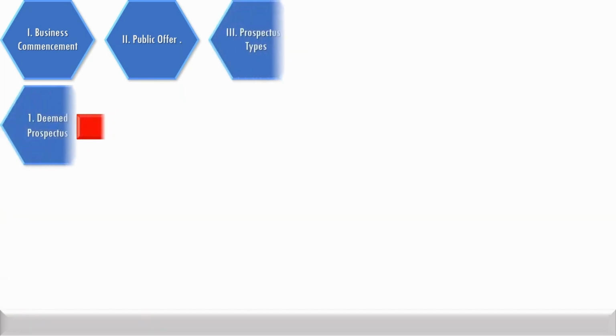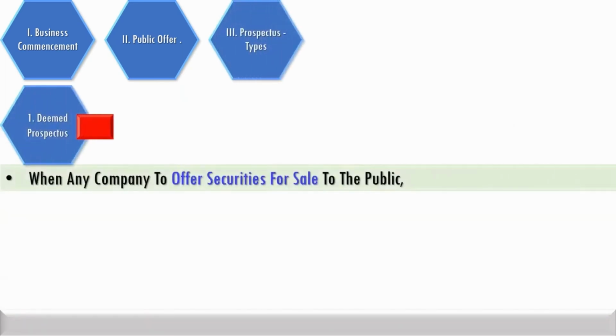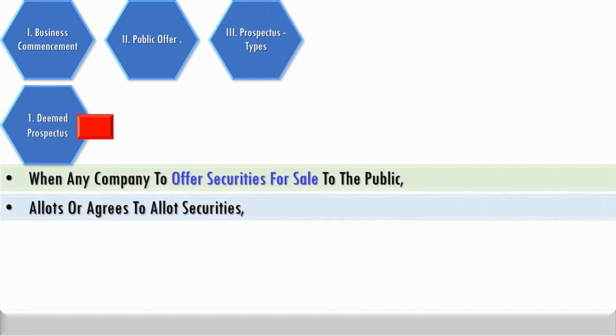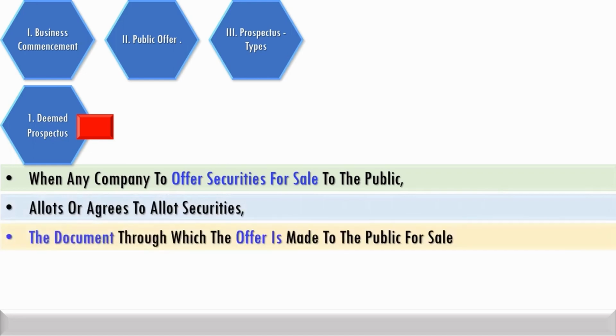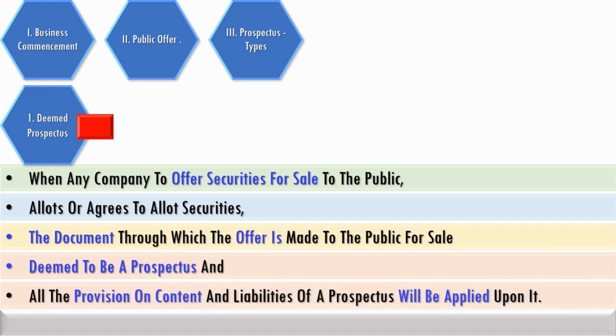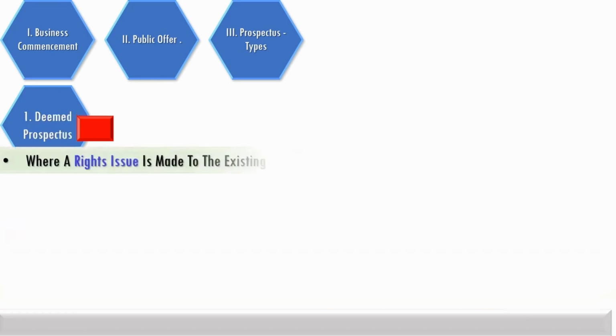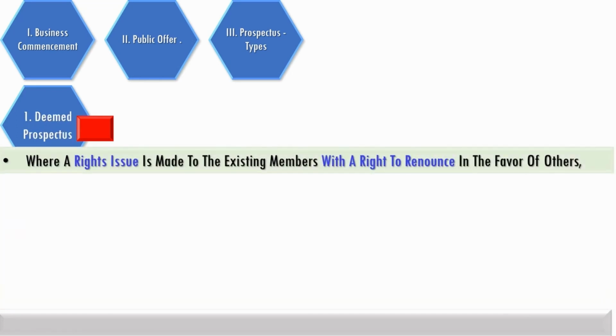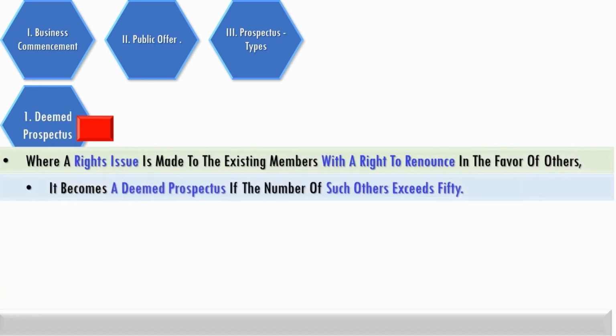Deemed prospectus is a variant of prospectus which is used by a company to offer securities for sale to the public. In terms of applicable provisions, deemed prospectus attracts all provisions on content and liabilities as are applicable to a regular prospectus. Any document which is used in a rights issue giving the members a right to renounce in favor